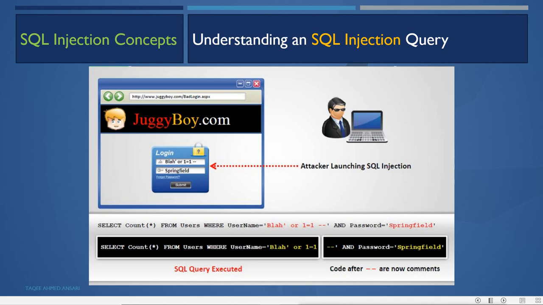The result for this query will be the whole table. That means it will get the information of the whole table, all the IDs, all the usernames, passwords, everything. So how is it working here? The attacker is adding this additional condition into the query by adding the operator OR.